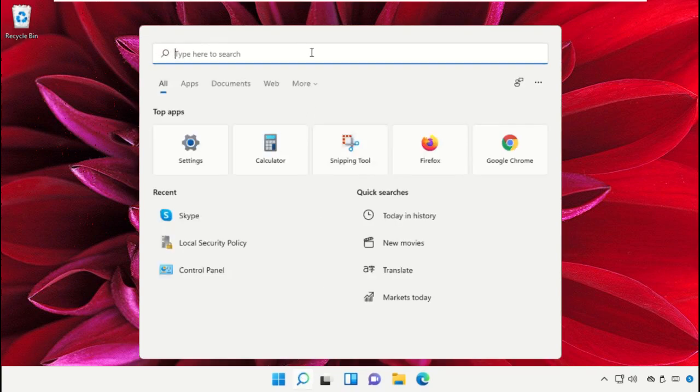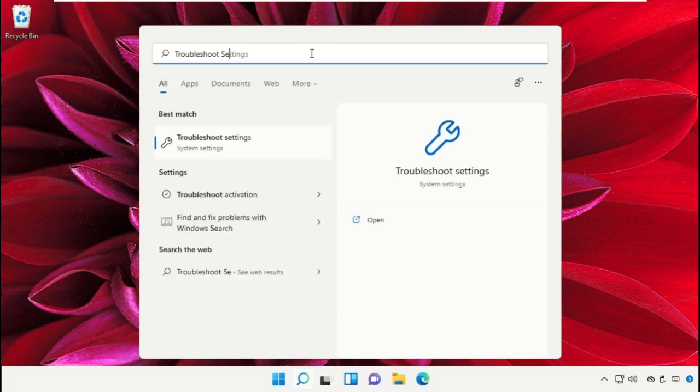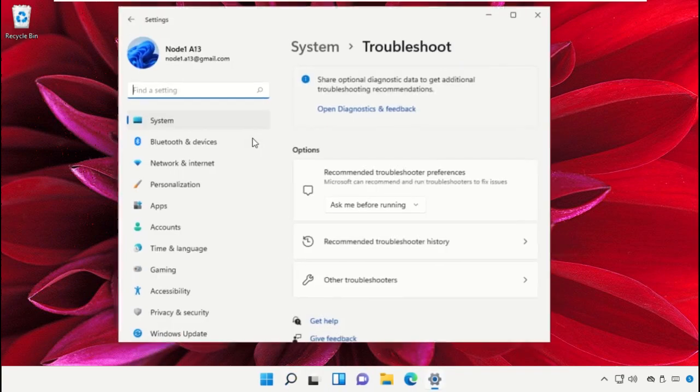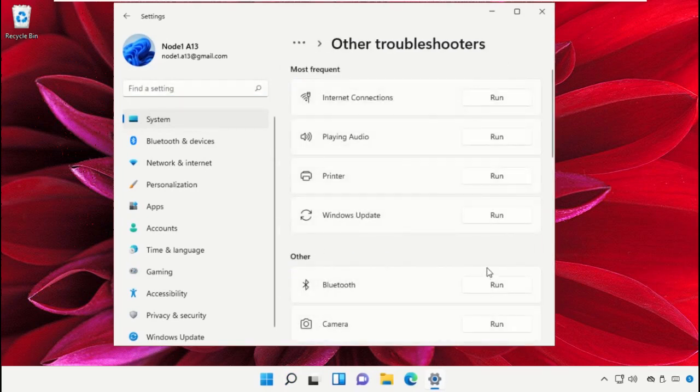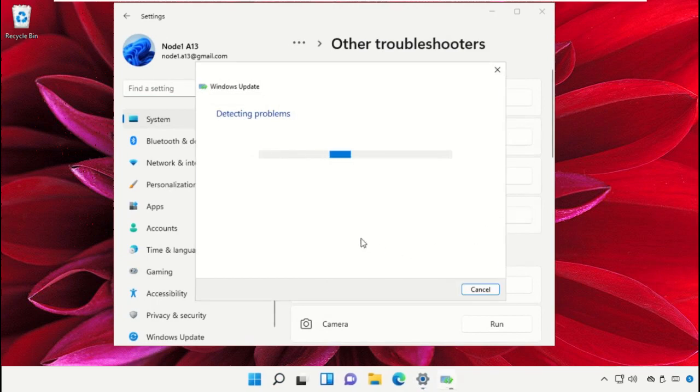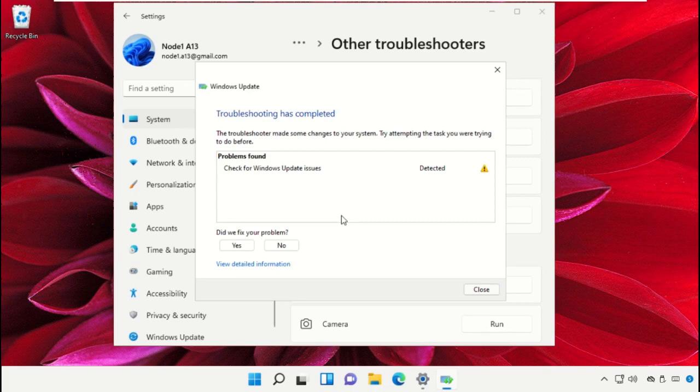Click on search icon and in the search bar type troubleshoot settings. Click here to open it. Then go to other troubleshooters. On this window, click on run from Windows Update. This will take some time to complete the process or to detect the problems and resolve it. Once done, close this window,